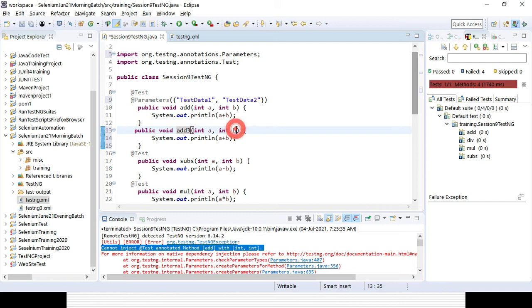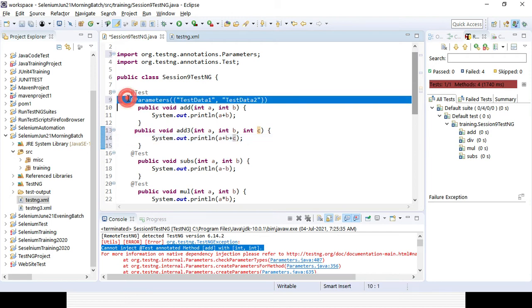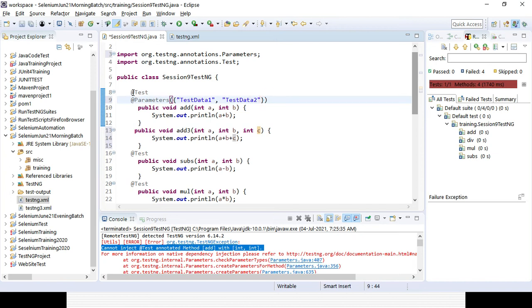Here I can pass one more value, integer c, plus c. For that one you also need to use the @Test annotation for this test case.